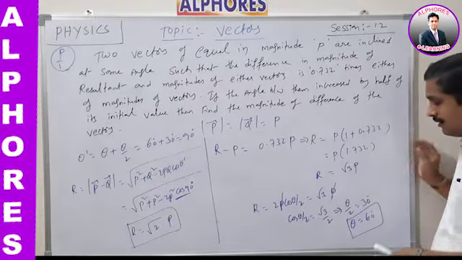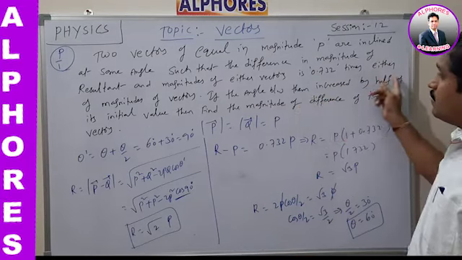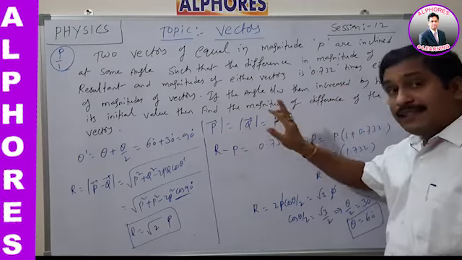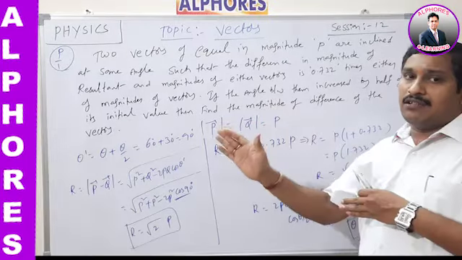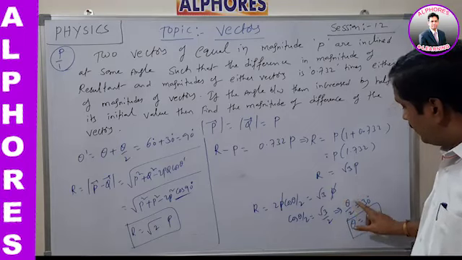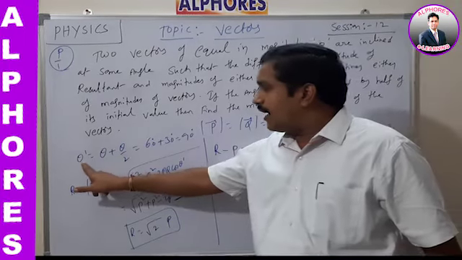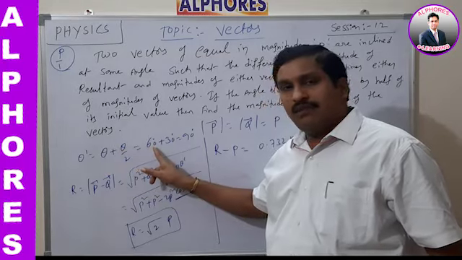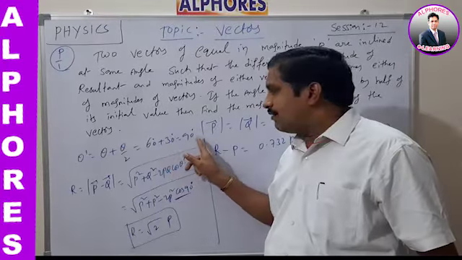Okay, as per this condition, now what is the third condition? If the angle between P bar and Q bar is increased by half of the initial value, that means here half of the value is 30 degrees. That means theta dash, the new angle between the two vectors, becomes theta plus theta by 2, that is 60 plus 30, equal to 90 degrees.